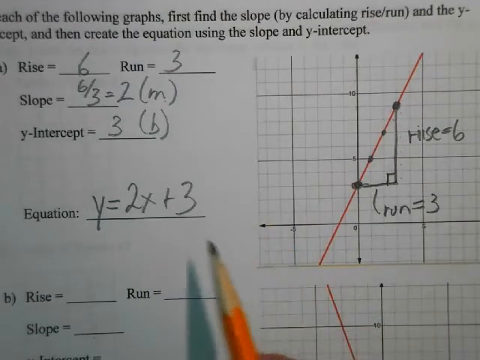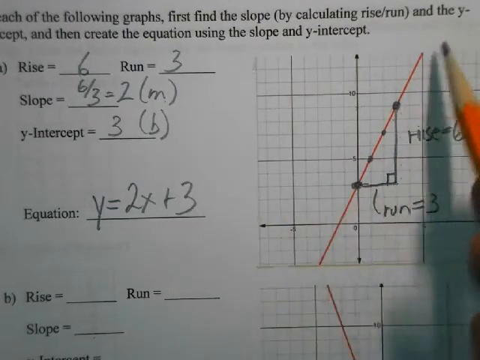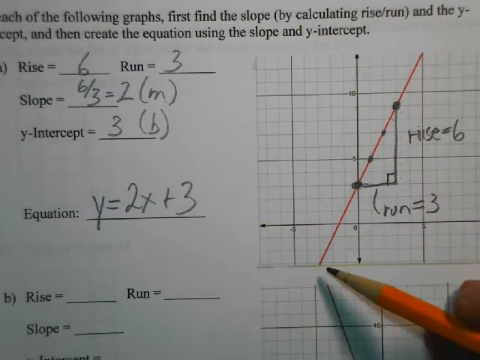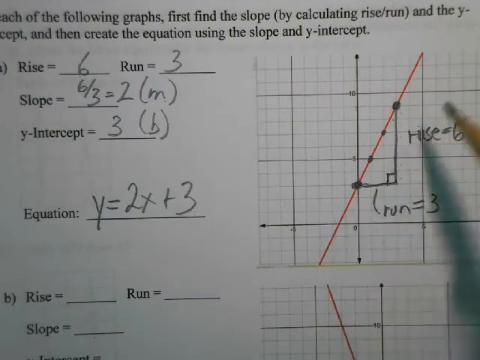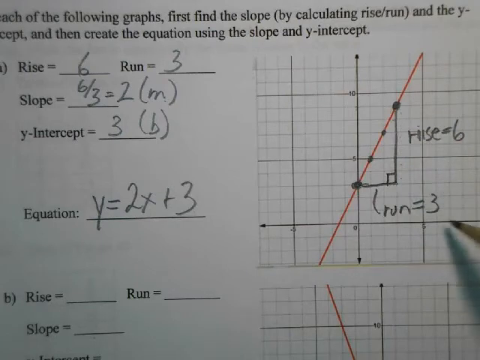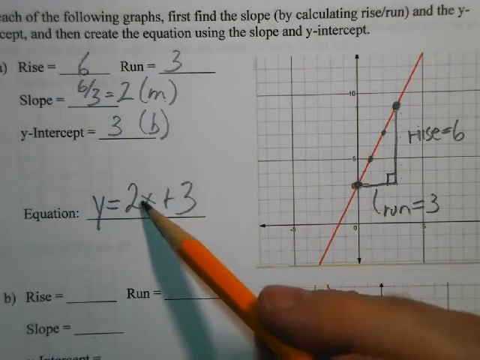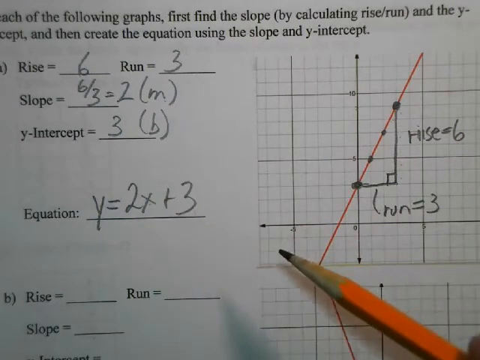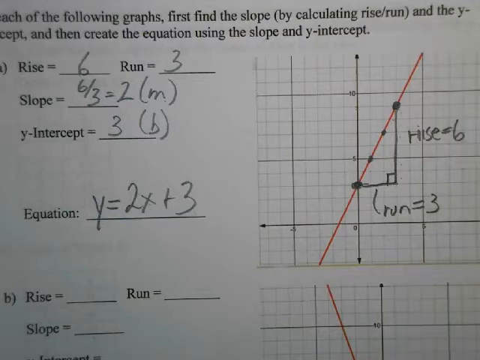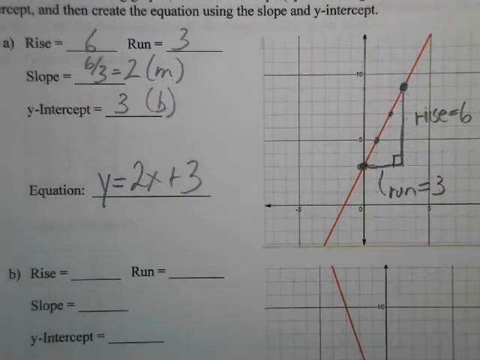Now we can actually use this equation to find any point along this line we want. I could find the value, what's the point when x is equal to 30? That's going to be 2 times 30 plus 3, that's 63. Okay, so it's a very powerful tool. Okay, let's go to the next